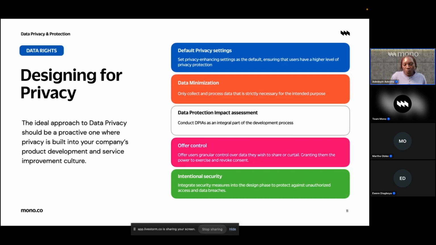Also offer control. In this age, everybody is proactive, everybody is online, everybody is looking at TikTok, everybody is seeing the fines that the EU is slapping on Facebook and slapping on TikTok. Everybody is aware that there's something that I have that these businesses want. So you as a business, you have to be proactive.